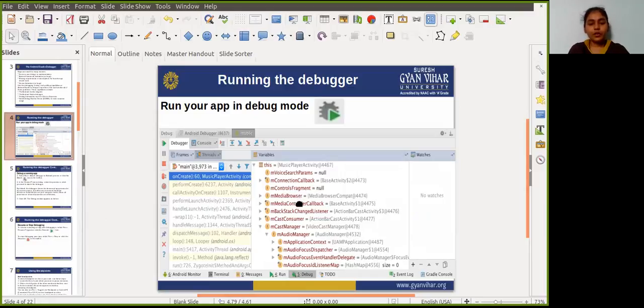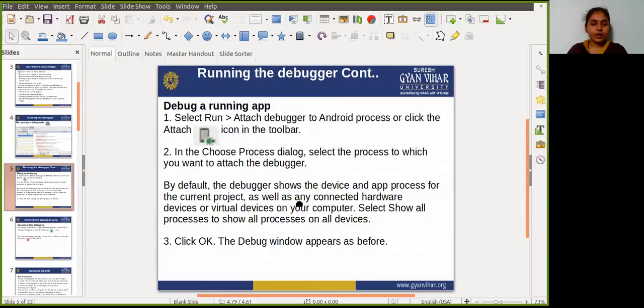So, debugging a running app. If the app is already running on the device or emulator, start debugging the app with these steps.